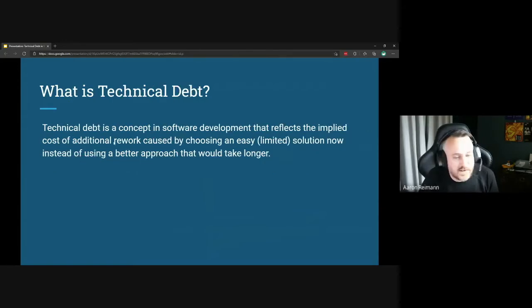So what is technical debt? And I'm actually going to read this. Technical debt is a concept in software development that reflects the implied cost of additional rework caused by choosing an easy, limited solution now instead of using a better approach that would take longer. So that's the technical